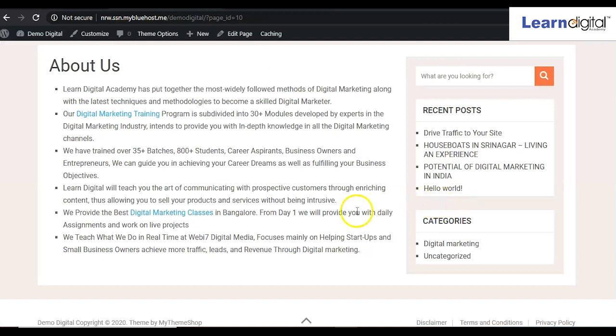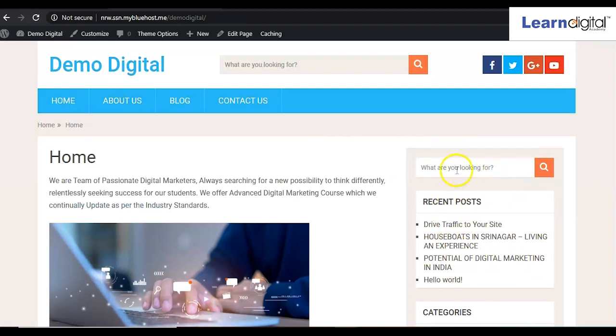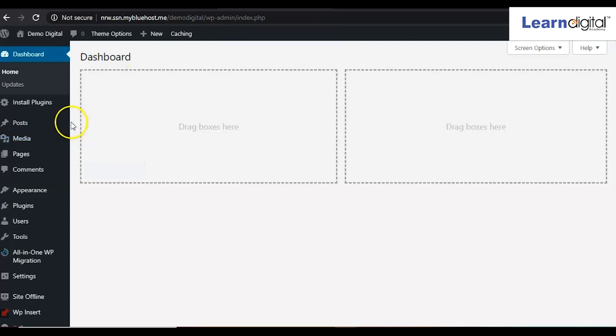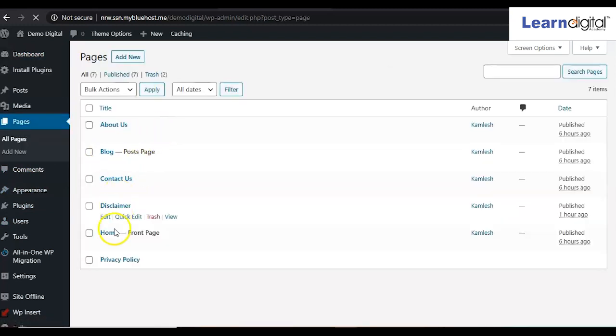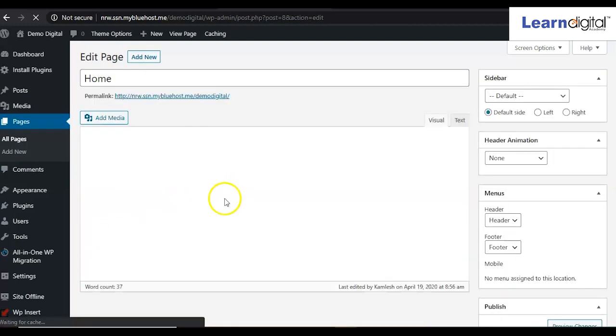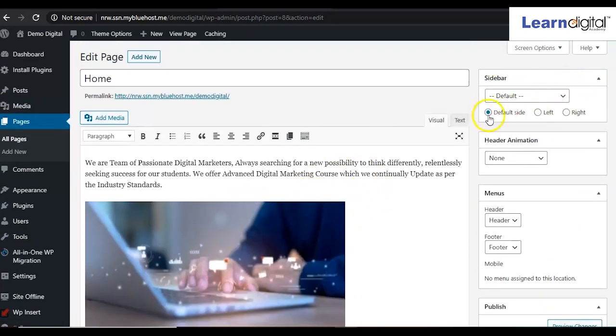Just assume that you don't want to show these widgets at your home page or about us page, so simply you can remove this widget. For that, we'll go to our dashboard at the backend part, go to the page option, click on all pages, go to home page. Here on the right side, one option is coming called sidebar.